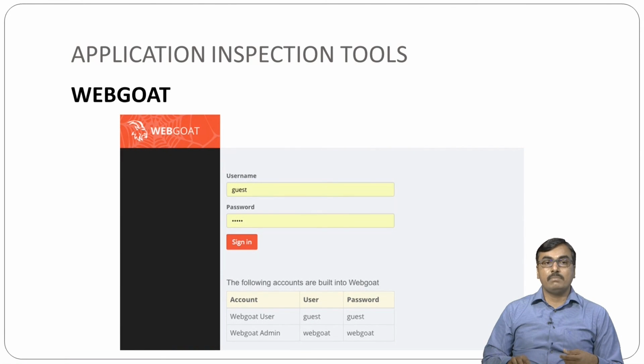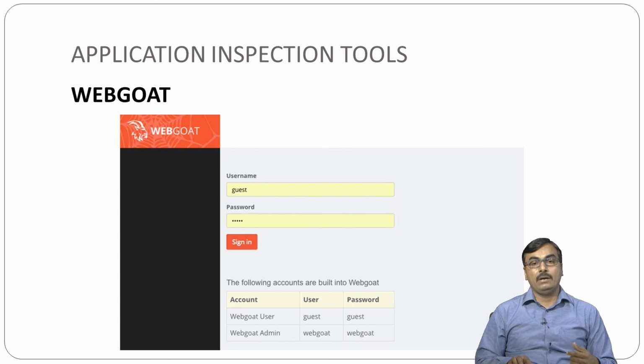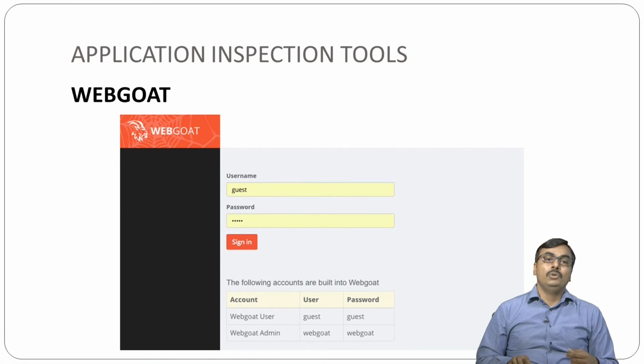This is my WebGoat screenshot, and it also runs in your web browser. You have to enter the credentials for your WebGoat application. Firstly, enter guest as your username and guest as your password, which is provided by WebGoat by default.